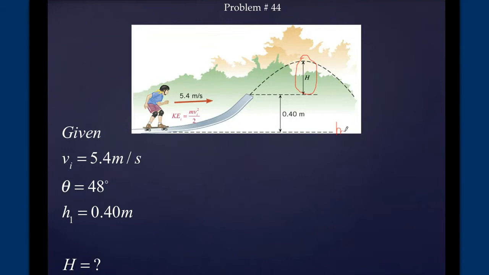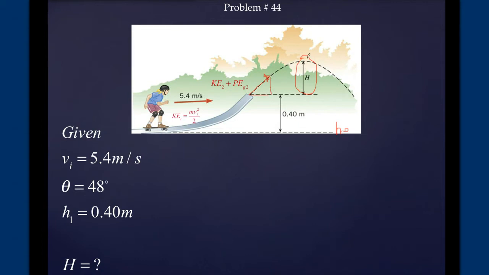I'm going to say that's my zero level, so this is my H0. So my gravitational potential energy right here is 0, and she just has kinetic. Now in the middle right here, she will have kinetic energy, certainly less than right here, because part of it turned into gravitational potential energy because of this 0.4 meters above the ground. So she will have a certain velocity, which will be less than 5.4, and it's going to be at 48 degrees to the horizontal,